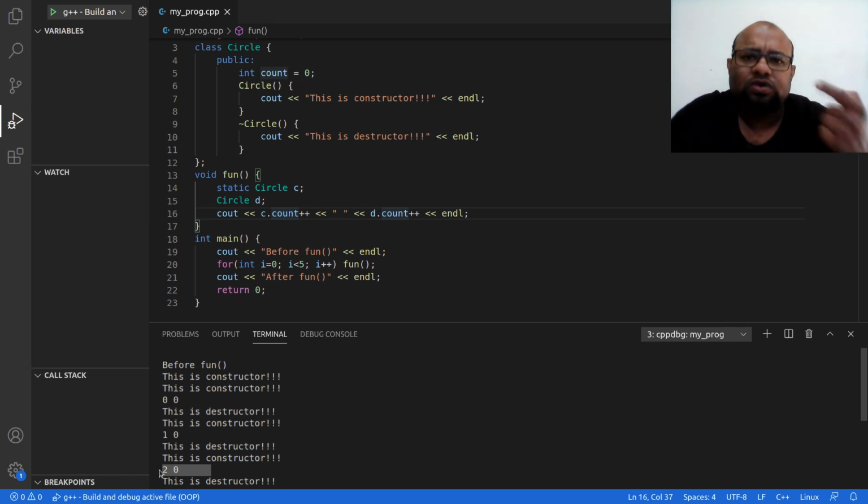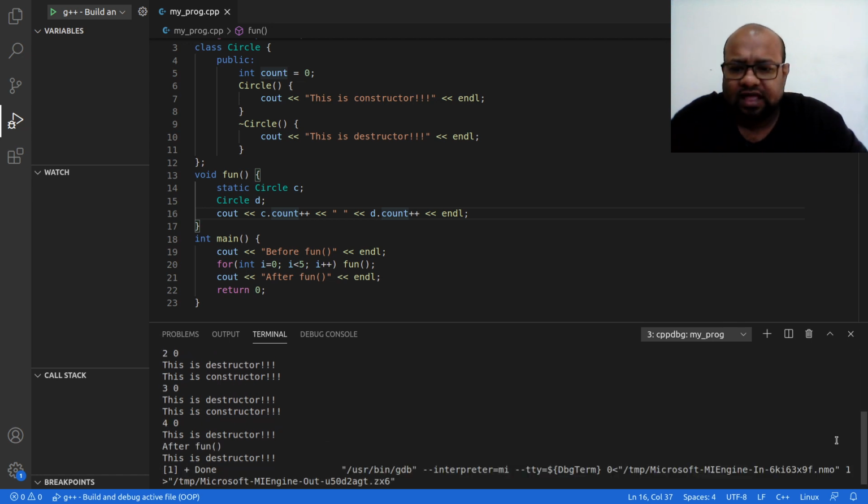And I do this in a loop. Now after doing this in a loop, at the very end, the last time, the fifth time when I call this fun function, I print this is constructor. When creating this D object, I print c.count equal to 4 and D.count once again is going to be 0.